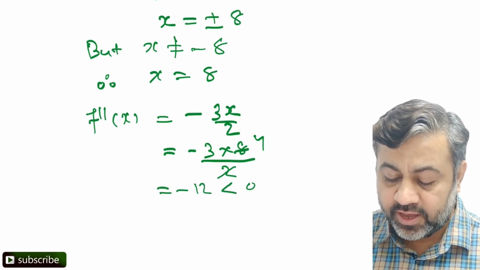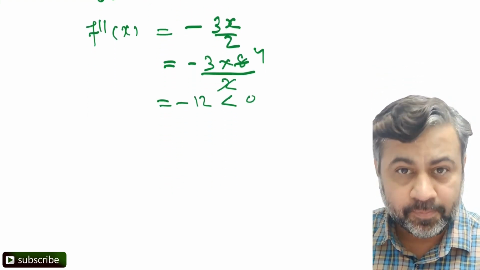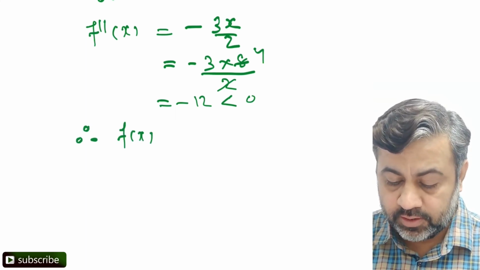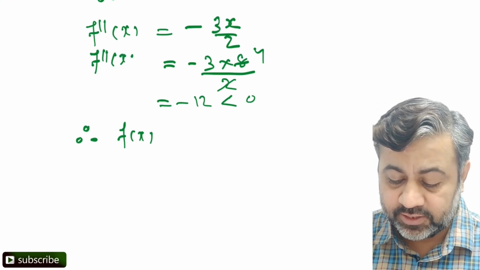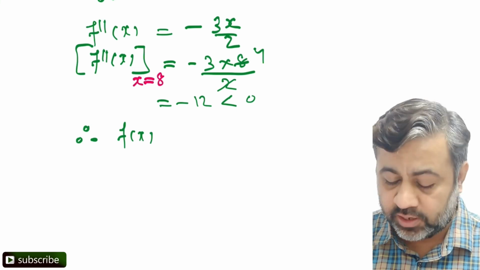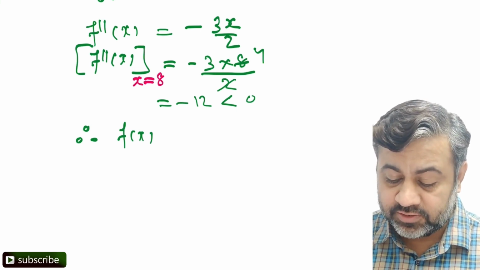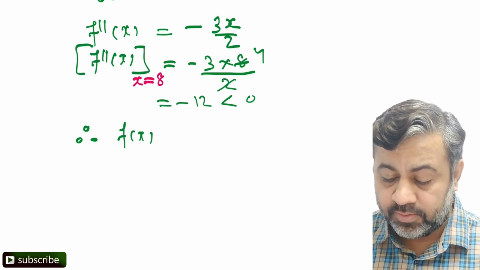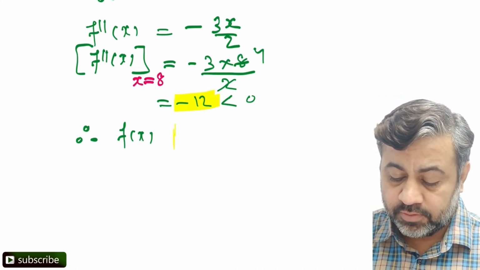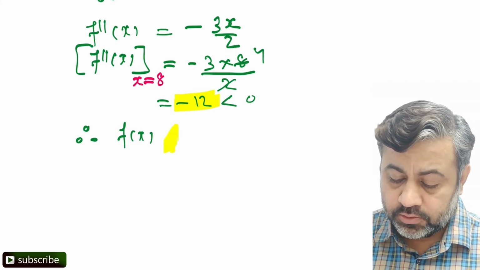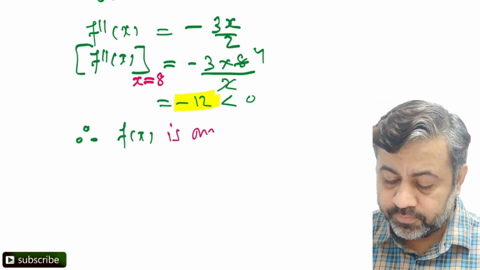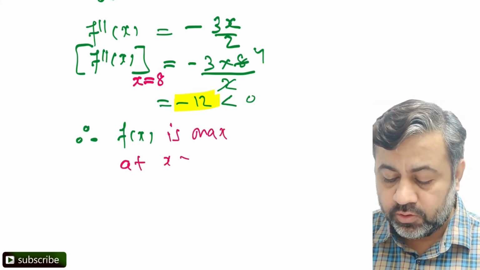ये तो negative value आ गया, हमने discuss किया हुआ है negative maximum. Therefore I say f of x, यहाँ पे if you want you can write f double dash x. आपने इसको box bracket में रख दिया और आपने यहाँ पे बोल दिया कि मुझे x का value 8 substitute करना है. ठीक है, so I get f double dash x मुझे negative मिल रहा है. That means f of x is maximum. मैं क्या बोलूंगा? f of x is maximum at x का value 8.